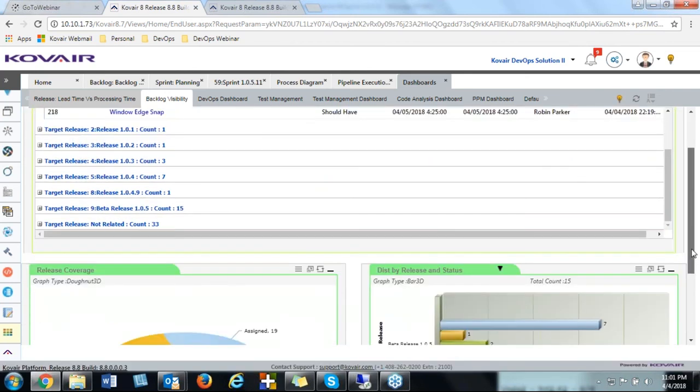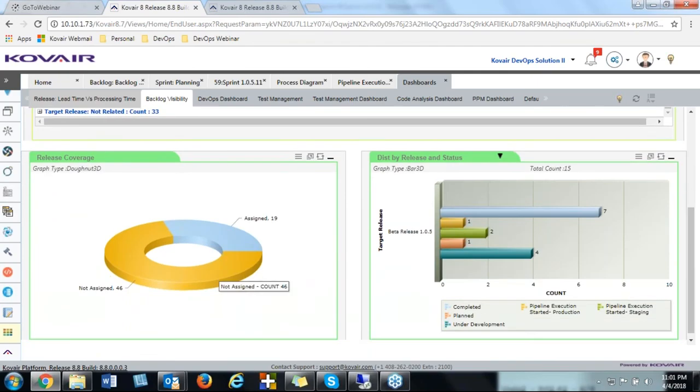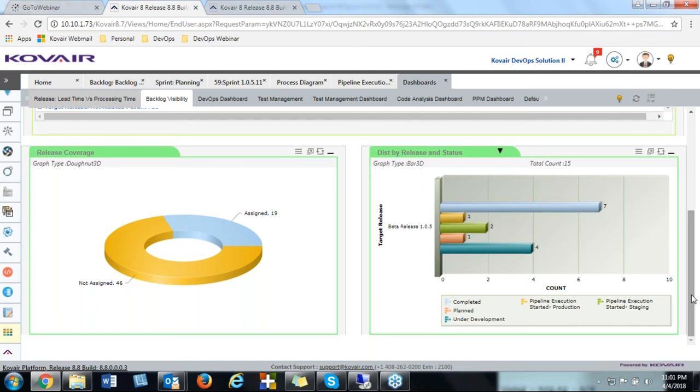Further you can see what the release coverage is, whether the backlogs have been properly assigned, and how many are not assigned. On the right, you can see the distribution by releases and status. So these are the various statuses that you can see over here of the different backlogs. But I must tell you that these are not just static images.